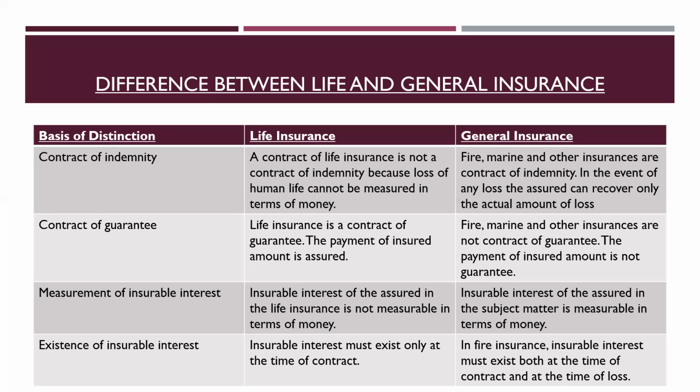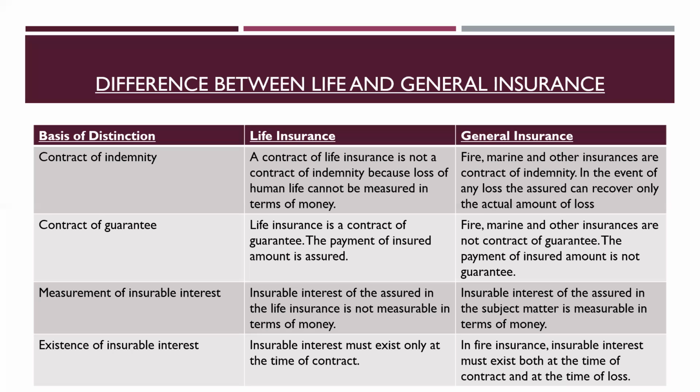See, in case of life insurance, the insurable interest need to exist only at the time of contract. Suppose you took your life insurance in the name of your husband, and at the time of the death of that particular person, you have both divorced. You are no longer his wife. But still the insurable interest was there at the time of taking the contract. The time of taking that contract, you were his wife. So you can claim that insurance amount because insurable interest need to exist only at the time of contract